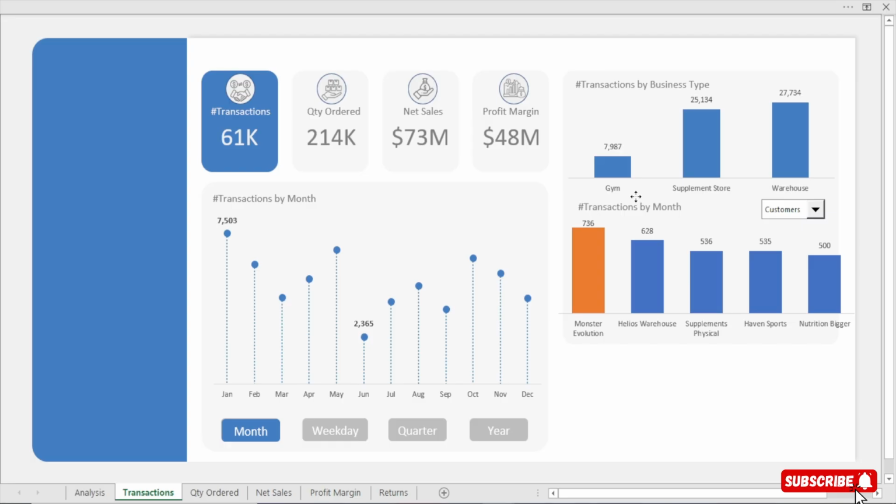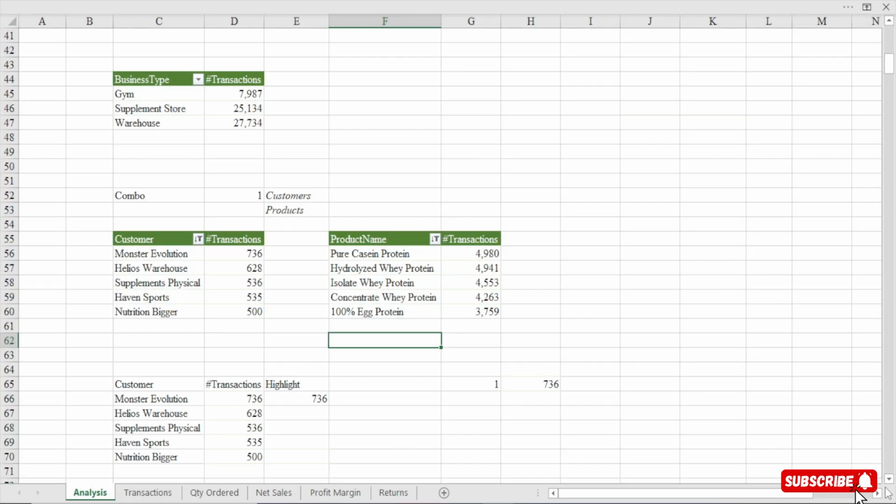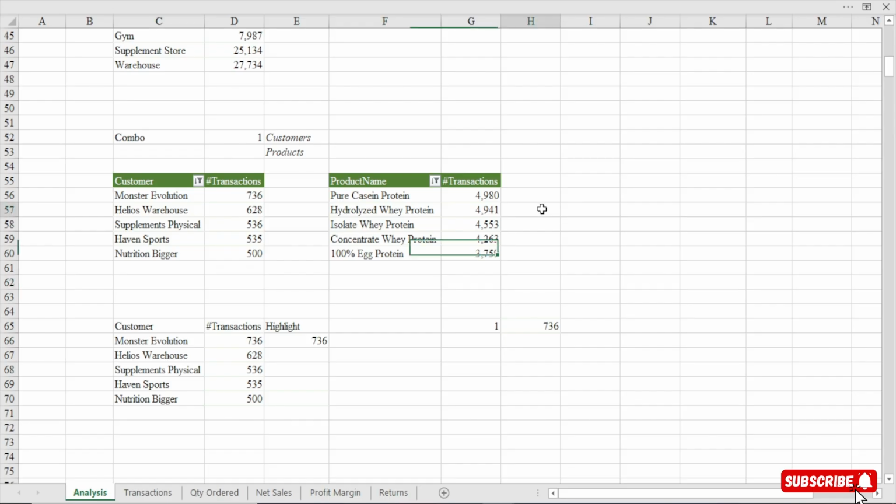Now let's see something here. The label, or the title, should be dynamic, because if customer is selected, this label should talk about customers. If product is selected, this label should talk about product. So this is what we are going to do here. Let's write the caption here. We are going to say IF here is equal to 1, we don't have to lock it because we are not going to copy it down. If it is equal to 1, then the value if true is going to be Transactions, number of transactions